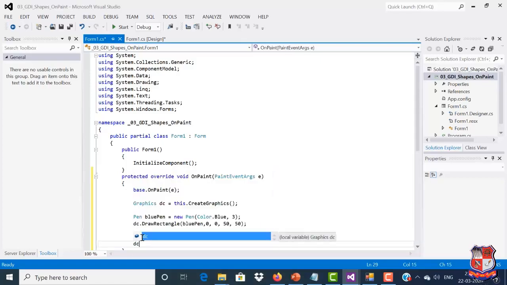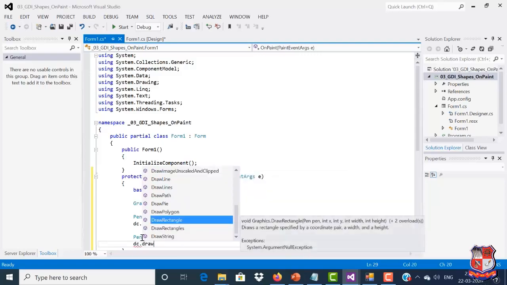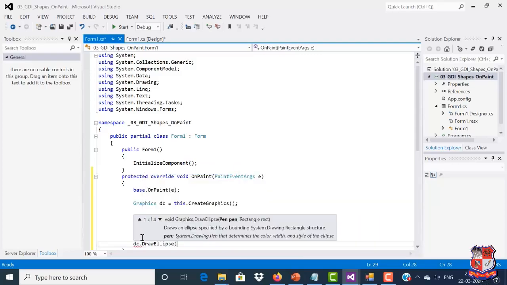Now dc dot draw ellipse, we'll pass two arguments over here. First is the pen object and second is the coordinates of the ellipse, that is 0 comma 50 comma 80 comma 60.